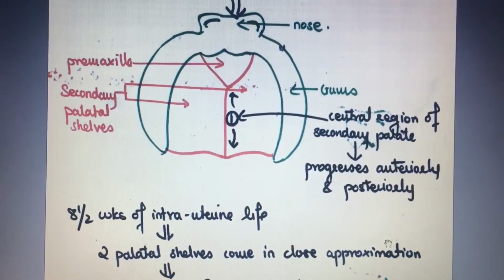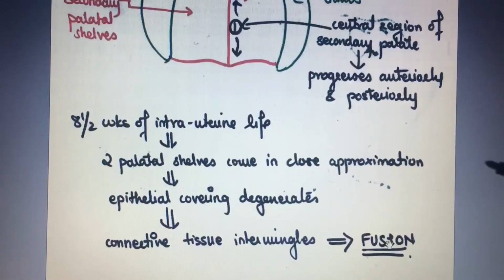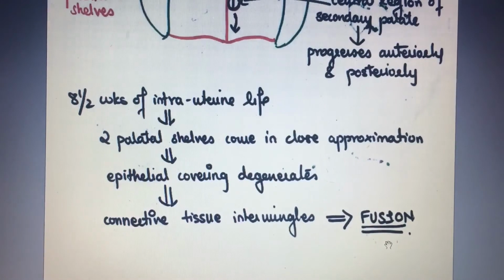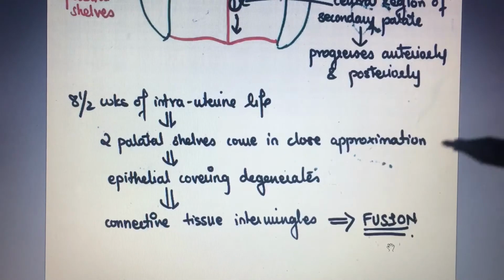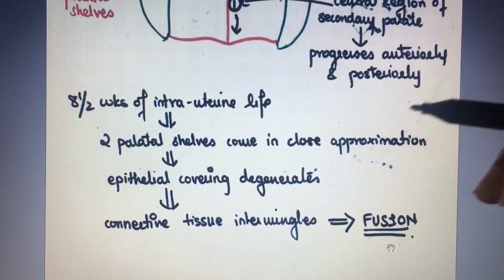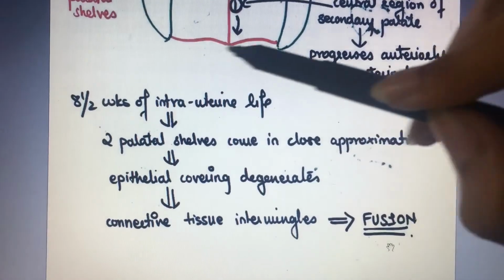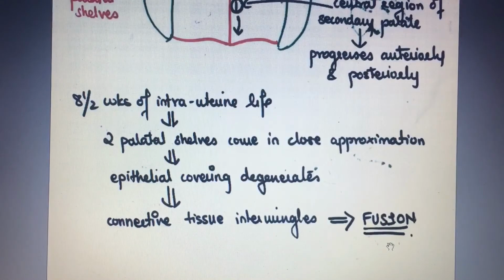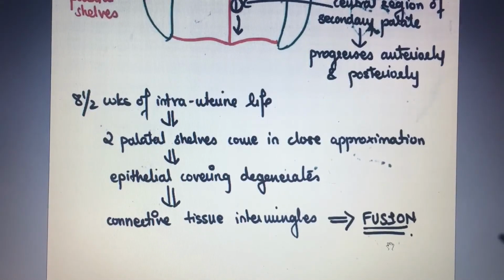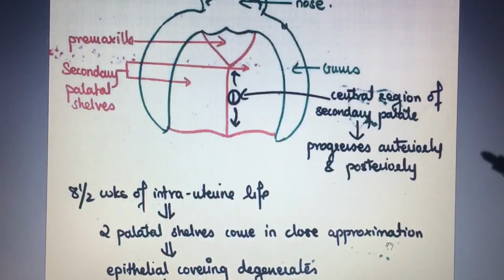Now the ossification of the palate occurs from the 8th week of intrauterine life, as I told you earlier. The type of ossification which occurs is the intramembranous type of ossification. Now this palate normally ossifies from a single center derived from the maxilla. Now the most posterior part of the palate doesn't ossify at the 8th week of intrauterine life, and the midpalatine suture ossifies by the age of 12 to 14 years. So this was all about the development of palate.